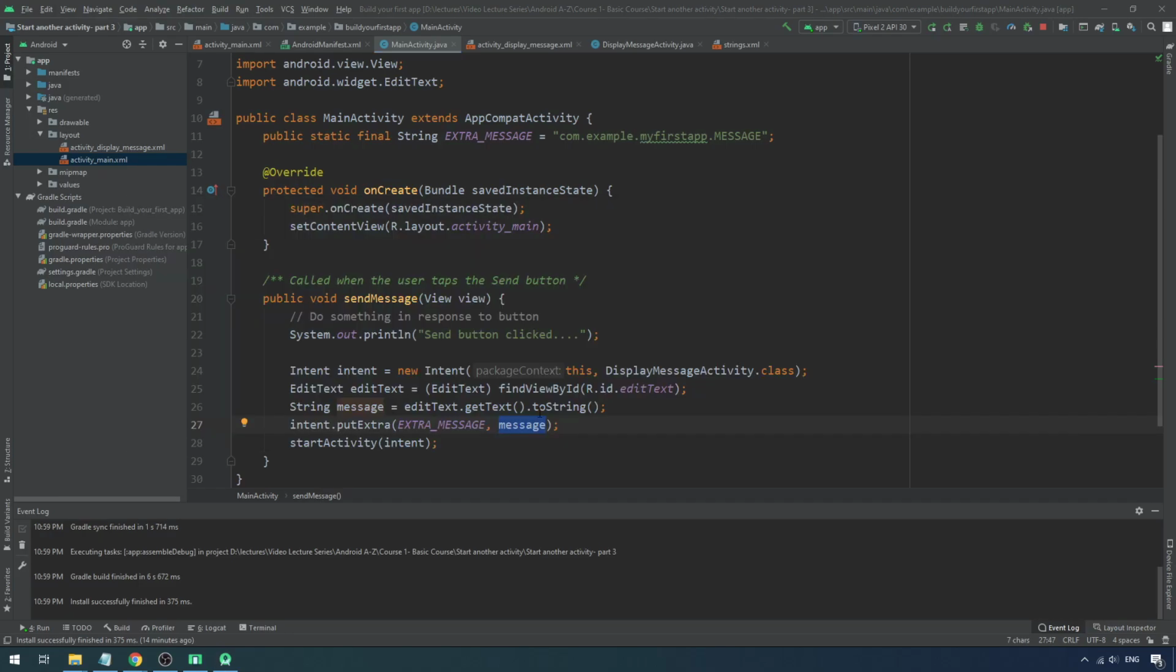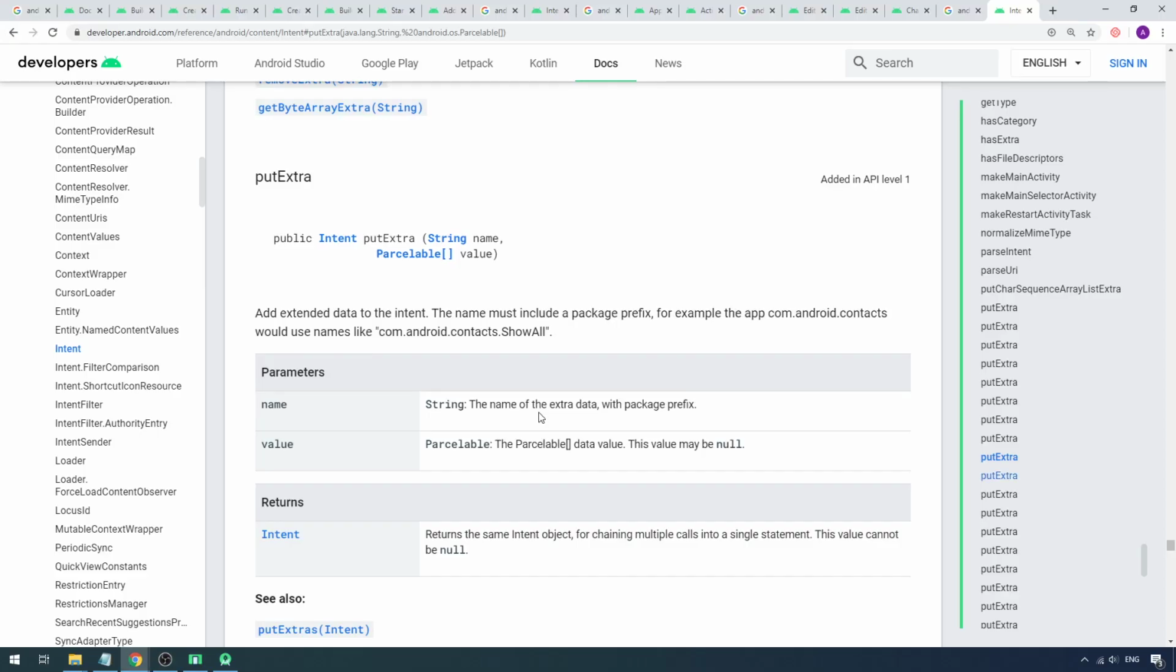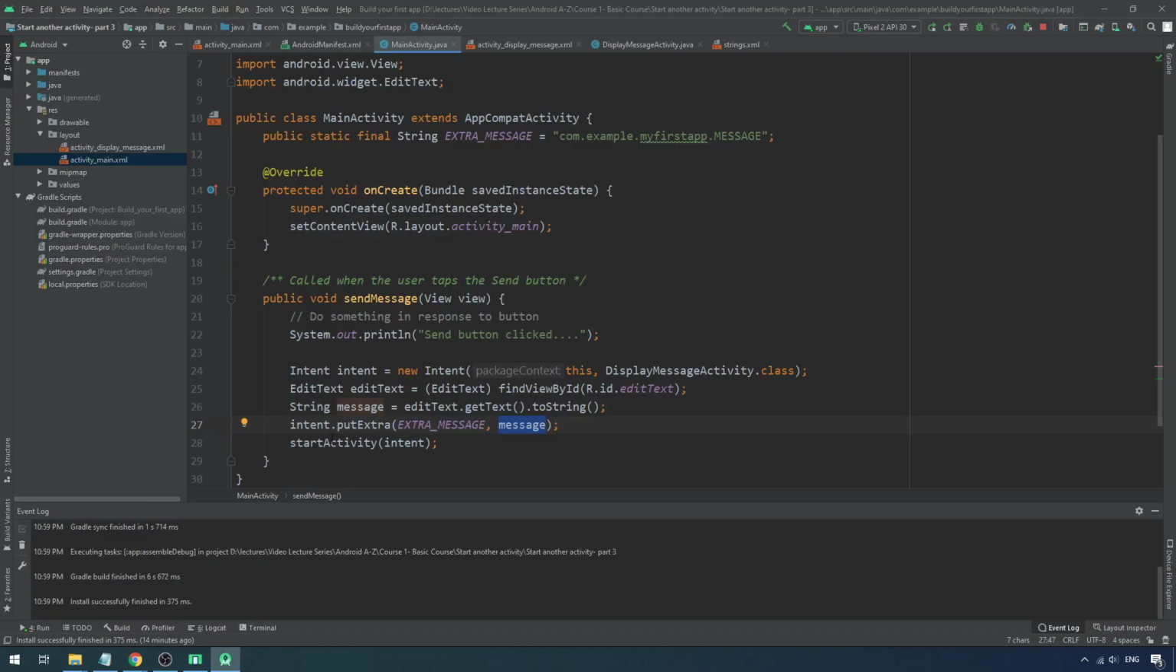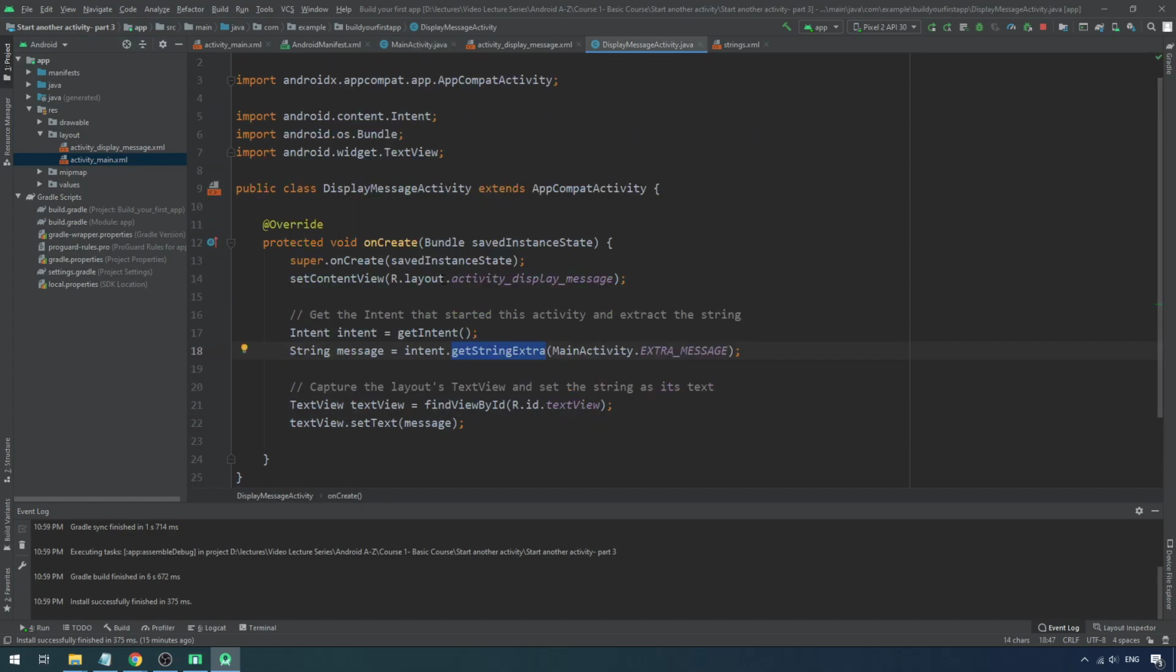If you read this API, the putExtra method, you will see that there is one of the overloaded methods where you can accept an object, a string. That's what you give here. Awesome. And then immediately let's go to that next activity and see, because once you get the intent, there's a